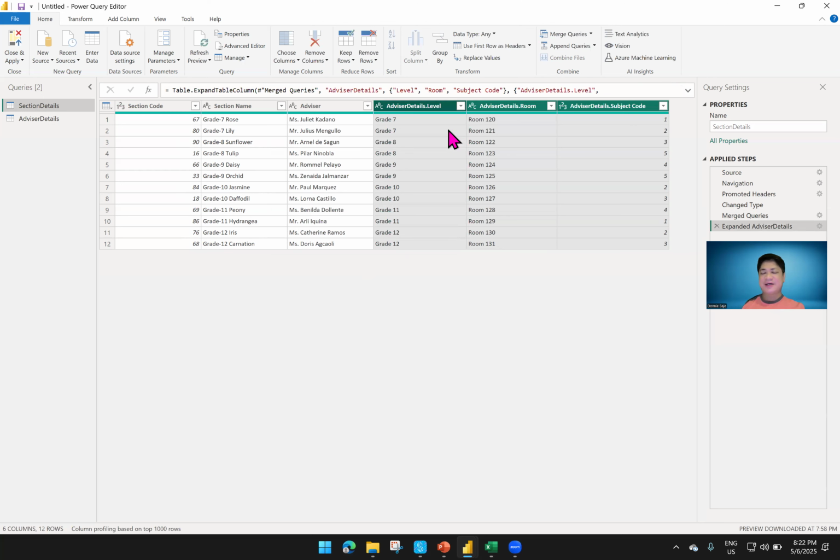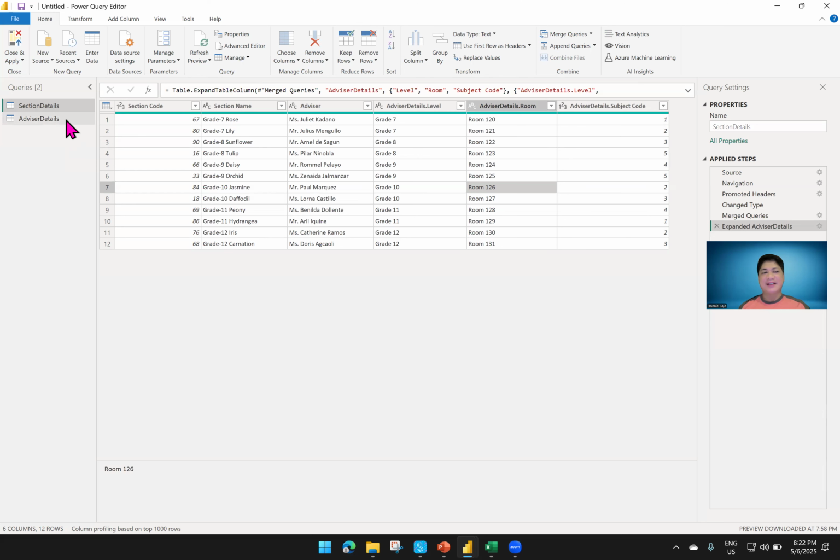So with this, I already added new fields in my first or my left table, and it will be named like this: advisor details, the name of the table, dot, and then the name of the column or field taken from the other table. With this, I can now go back, close and apply,